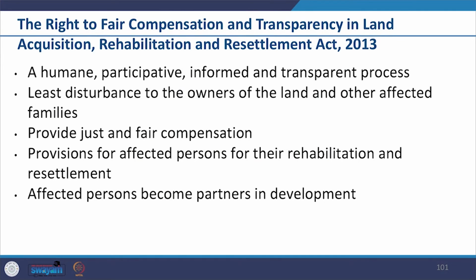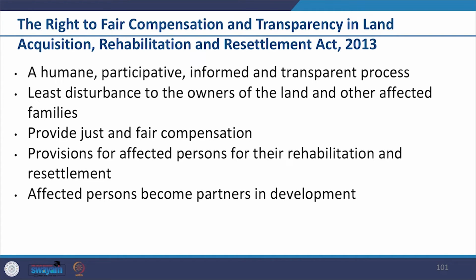The Act states to ensure, in consultation with institutions of local self-government and Gram Sabhas established under the Constitution, a humane, participative, informed and transparent process for land acquisition for industrialization, development of essential infrastructure facilities and urbanization with the least disturbance to the owner of the land and other affected families, and provide just and fair compensation to the affected families whose land has been acquired or proposed to be acquired or are affected by such acquisition, and